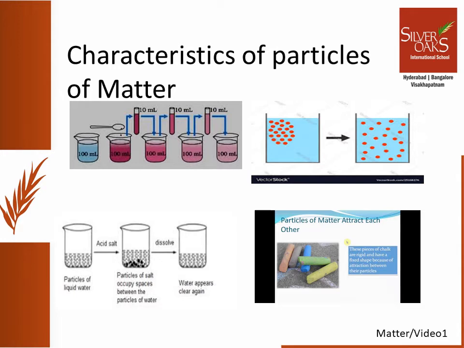So we observe that the colored solution is getting fainter and fainter as we move towards the fourth set of dilution. This shows that the particles of the potassium permanganate are too many over here, and slowly their number gets reduced as we keep on diluting them. Even though the number is being reduced, the particles are showing their existence in the form of faint pink color, which shows that particles of matter are very small.